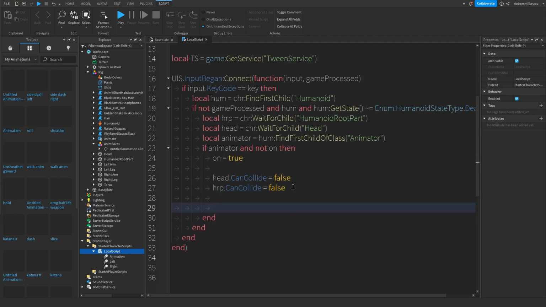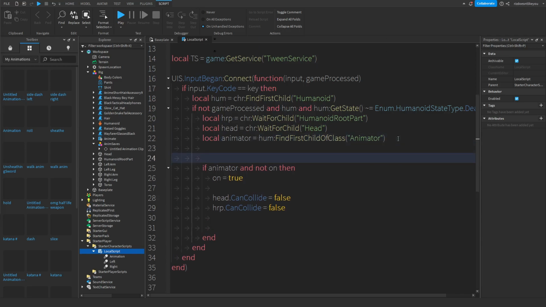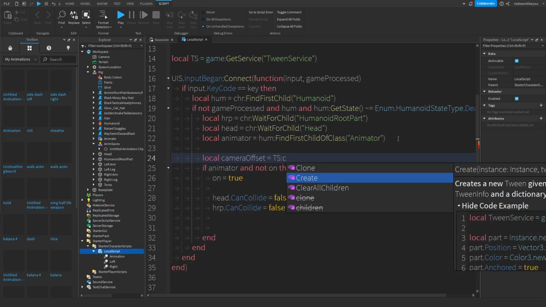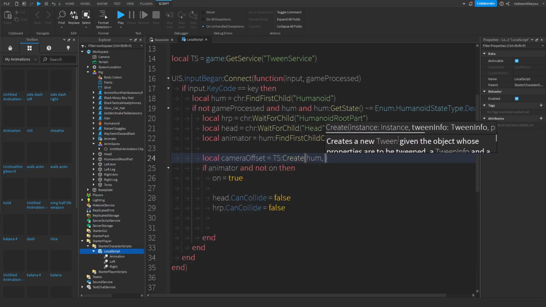Anyways, next thing we're gonna do is we're gonna lower the camera. So whenever you slide, you go down a bit, I guess. So I'm gonna lower the camera down a bit by making a tween. So let's call this camera offset. This will make the camera go down. TweenService create humanoid